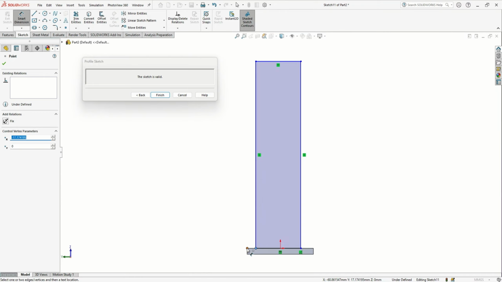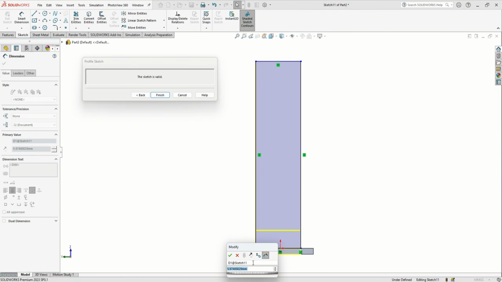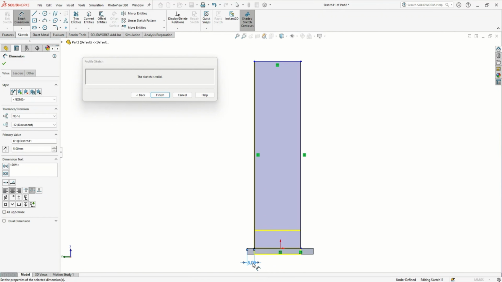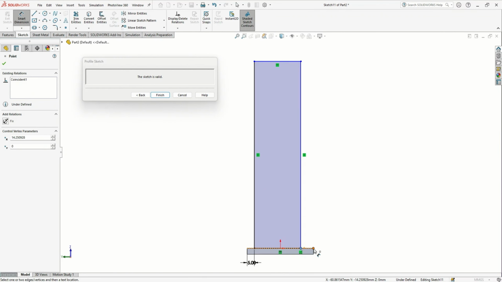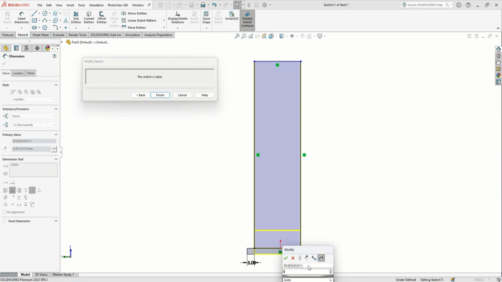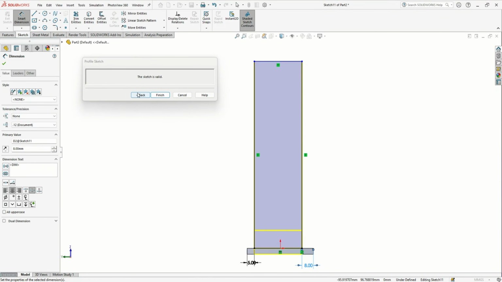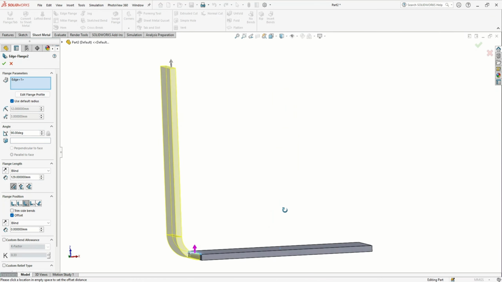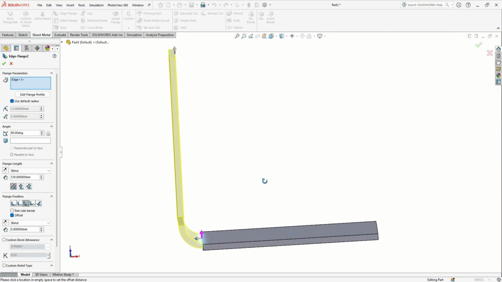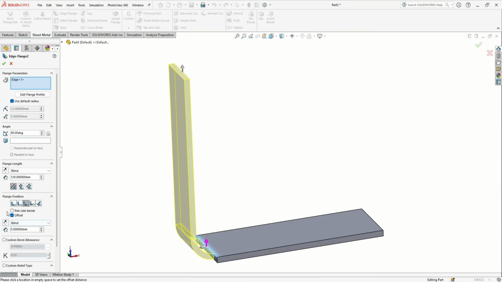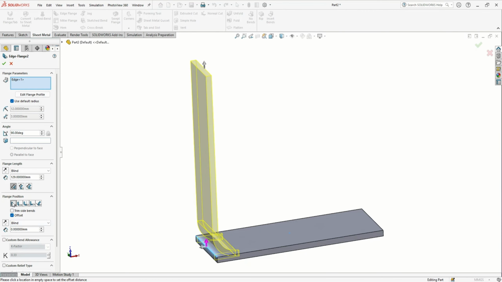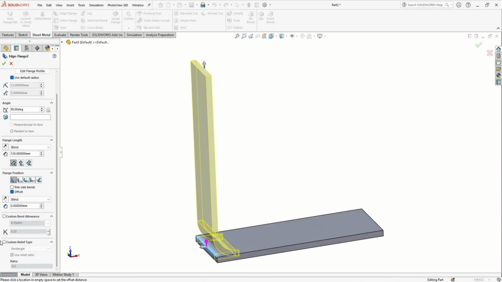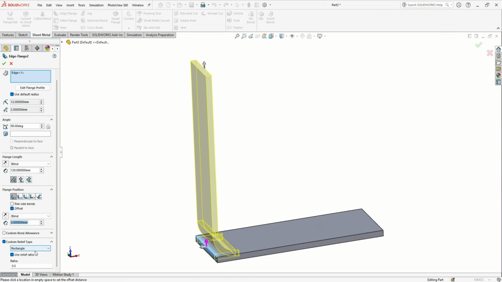Let's dimension this. Let's say it's a 5, and you can dimension it. Now simply click back. If you want to change the flange position and apply the custom relief, you can change the up-down,